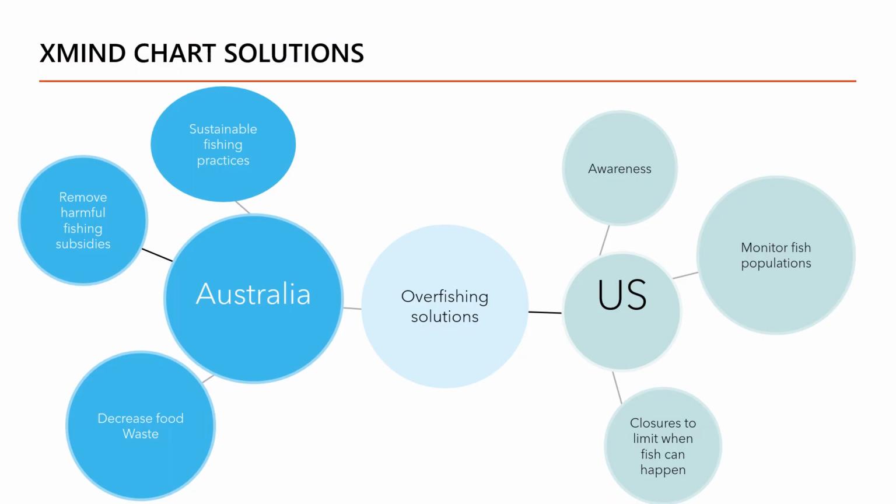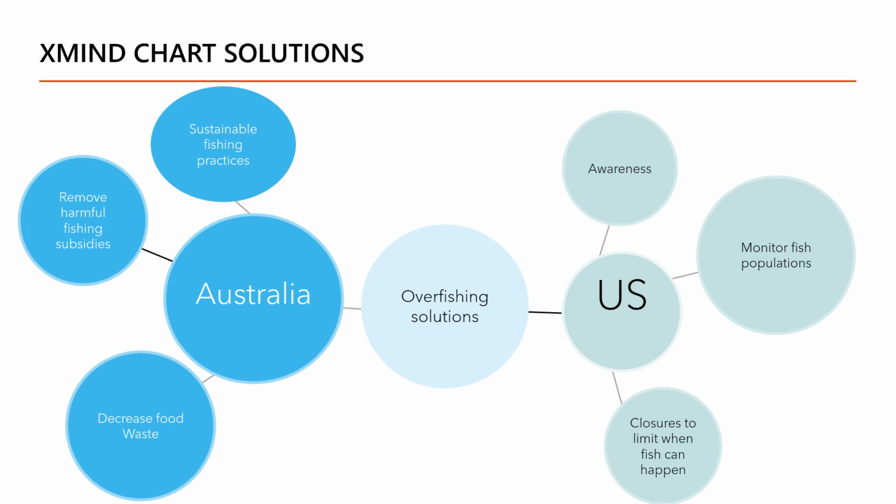Overfishing solutions. On the Australian side, they've tried to have sustainable fishing practices as to where people can fish and at what times. They've also taken steps to remove harmful fishing subsidies so the government isn't promoting people that are overfishing, as well as decreasing food waste so people don't need to overfish in order to supply the people